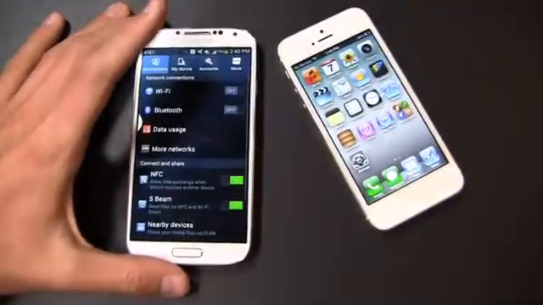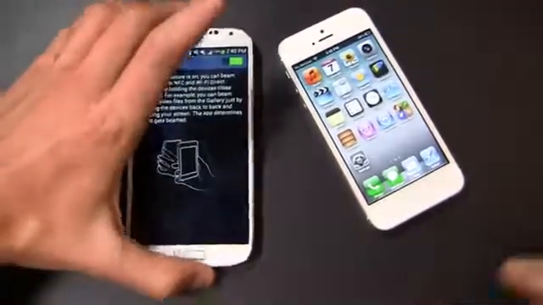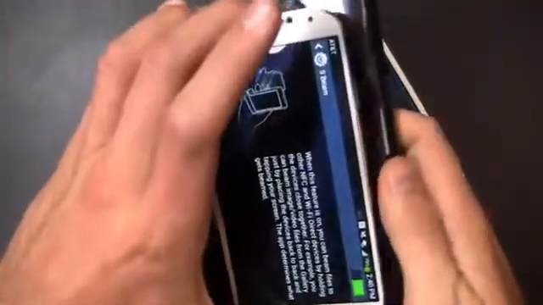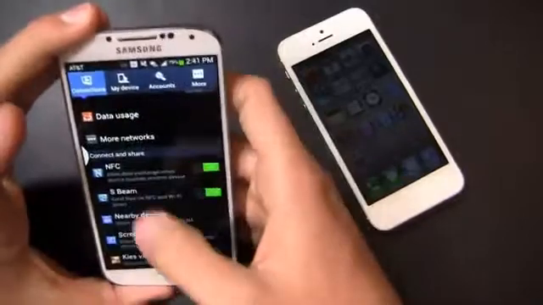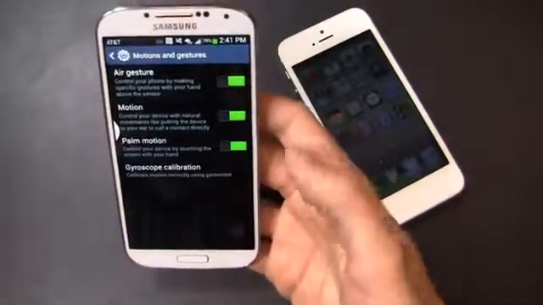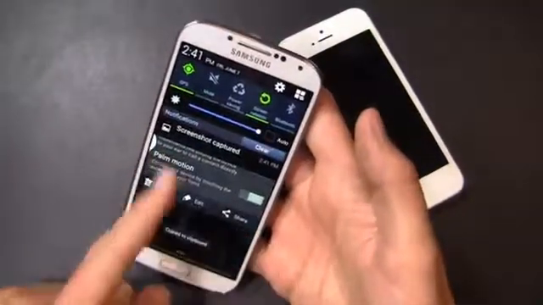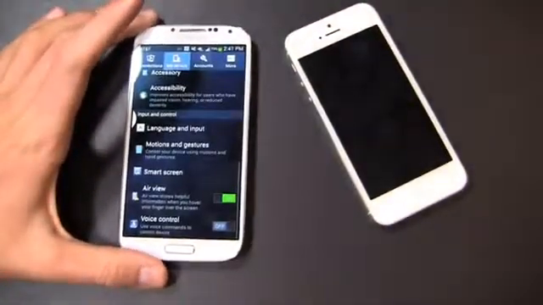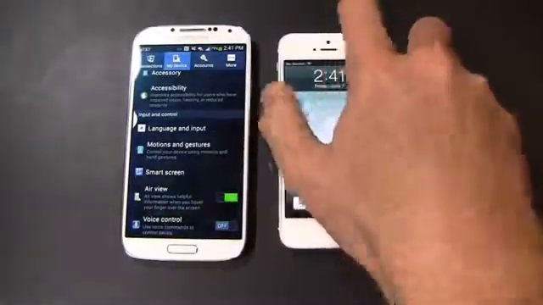So whether you're going to use the features or not, maybe you call them gimmicky, I would take a look and see perhaps S-Beam's important to you, where you can put up 2 Android devices back to back and sync up files. Maybe that's an important feature to you. Maybe AirView is important to you. Maybe even something, as you can see right here, my device will go down to motions and gestures. Maybe air gesture or palm motion, you like to take screenshots, and that's important to you. So you can take a screenshot quickly and easily, not to say you can't do that on the iPhone 5, but easier to manage over on this device. The winner of the dogfight is the Galaxy S4 just because of the features and usability,